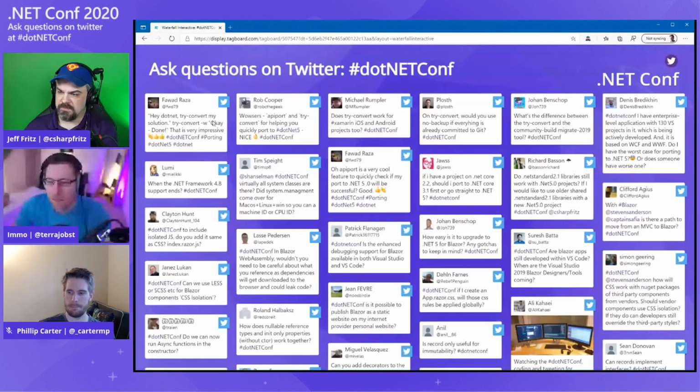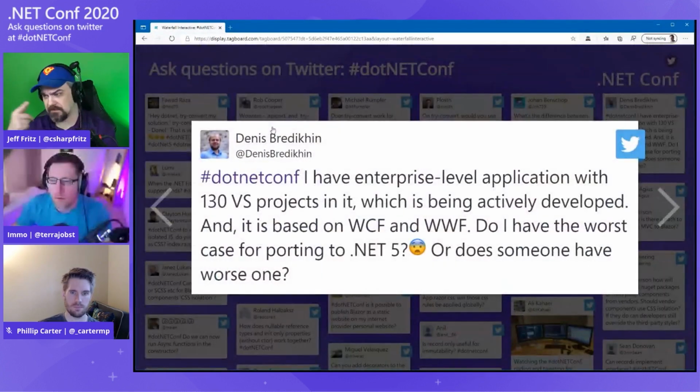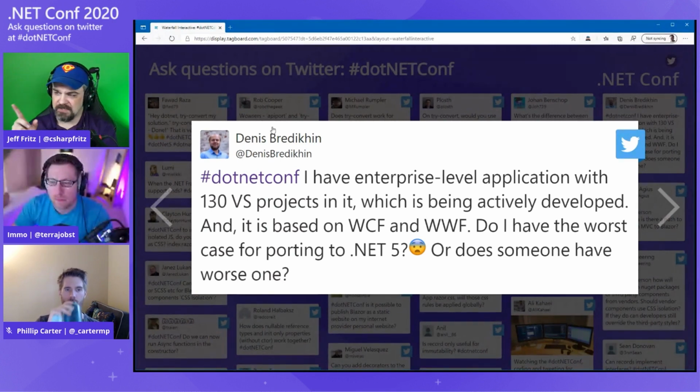Okay, well, and speaking of edge cases, Dennis mentions here: I have an enterprise level application with 130 Visual Studio projects in it, which is being actively developed. It's based in WCF, and I think that's supposed to be Windows Workflow. Do I have the worst case for porting to .NET 5, or does someone have a worse one? Dennis, that's a good question. I'd say Silverlight might be worse, but